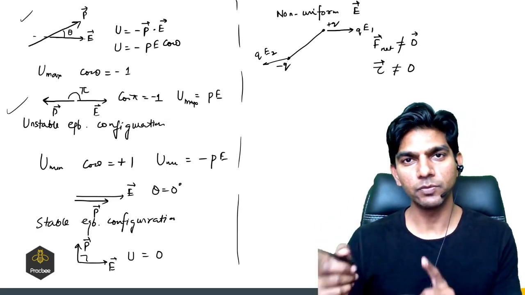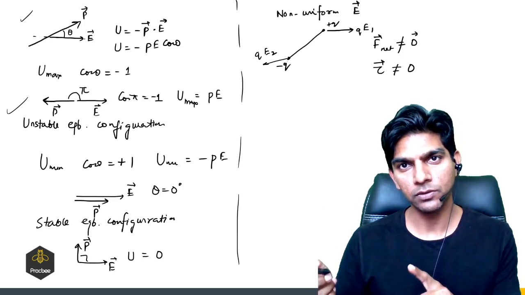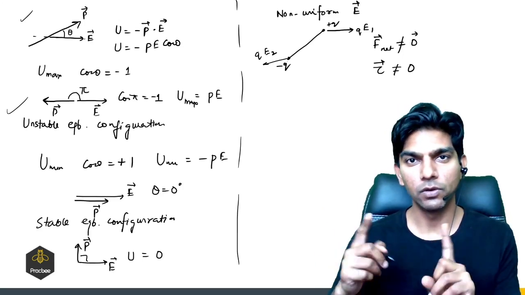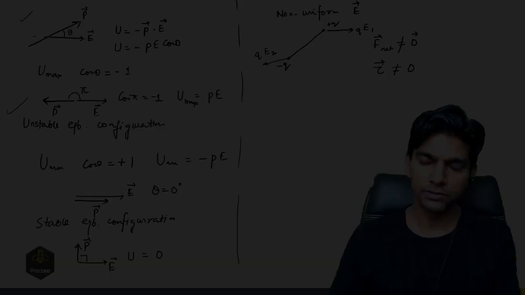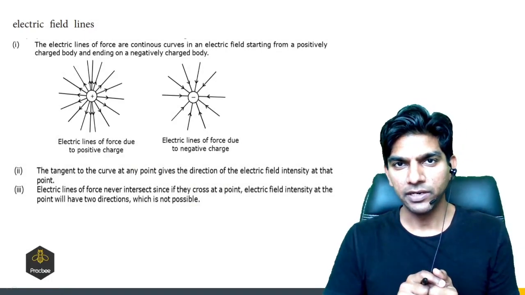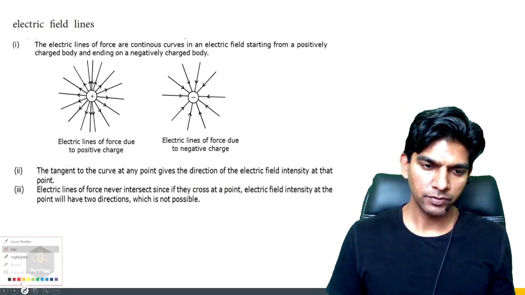But if we have a uniform electric field, the torque can be non-zero, and force will always be 0. So do remember this. Right, so the next topic is electric field lines. Okay, right. So if we have a positive charge,